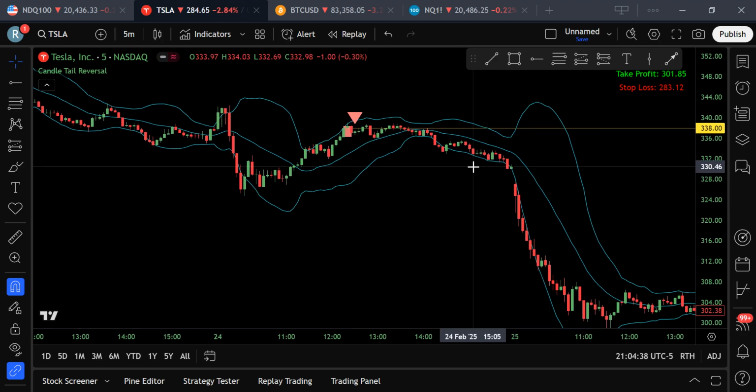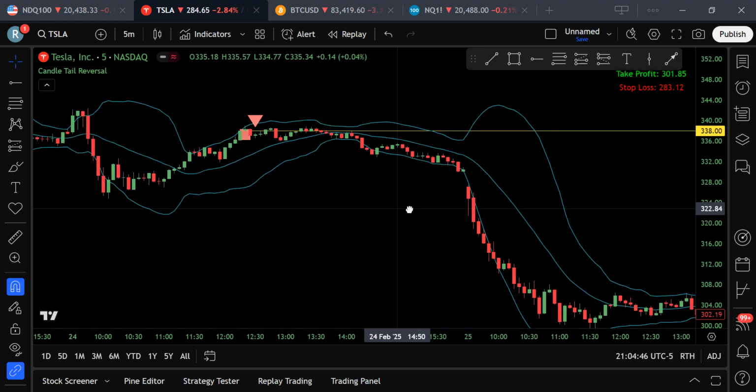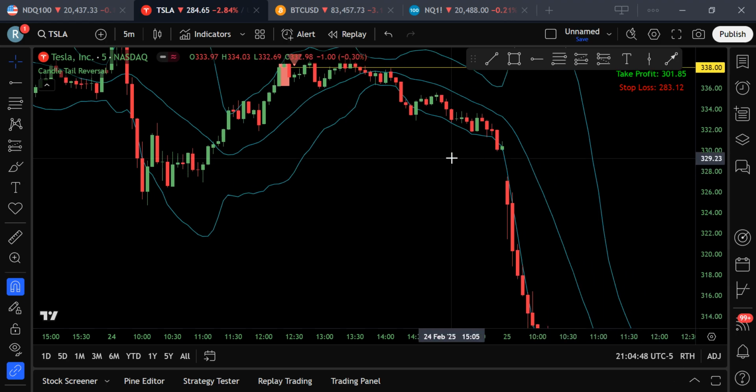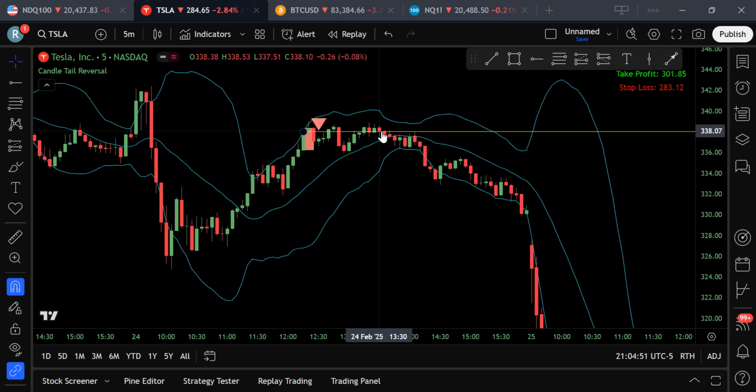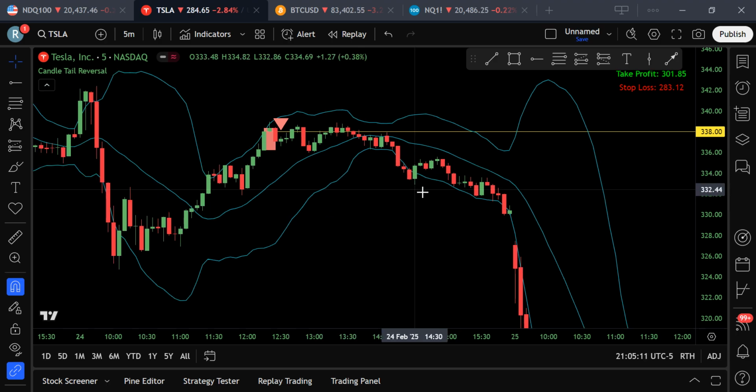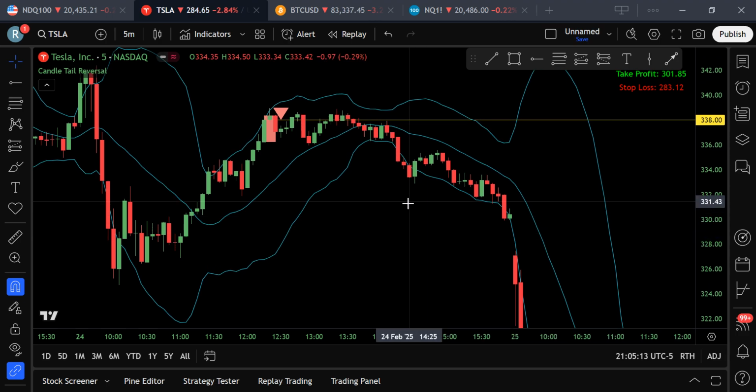Now, with this being a 5-minute chart, typically it's going to just be for scalping on a lower time frame like this. If you caught all of that move, that would have been great. But typically a safe bet would be playing it to the bottom portion of the Bollinger Band. Now, this would have been a little bit tight for me. I probably would have waited for another impulsive move down to at least fill in this gap or maybe even take out this low. Obviously, we see it does that easily. But that is the main